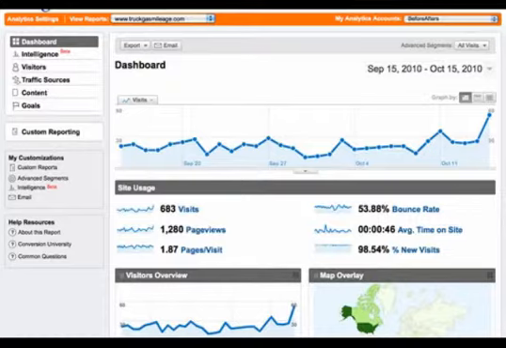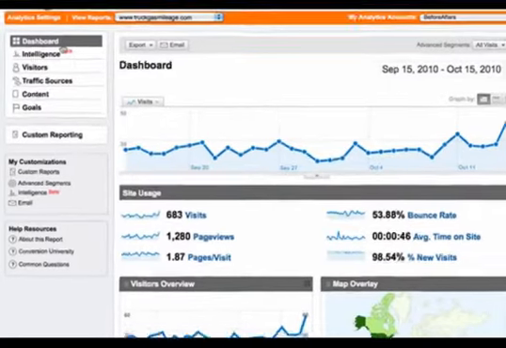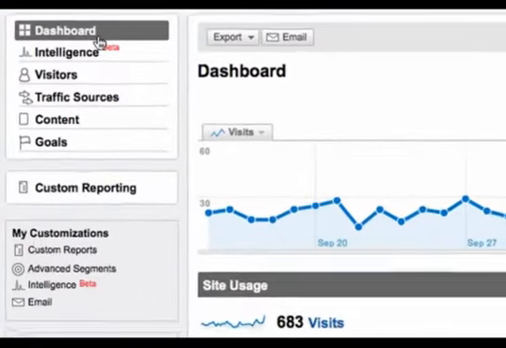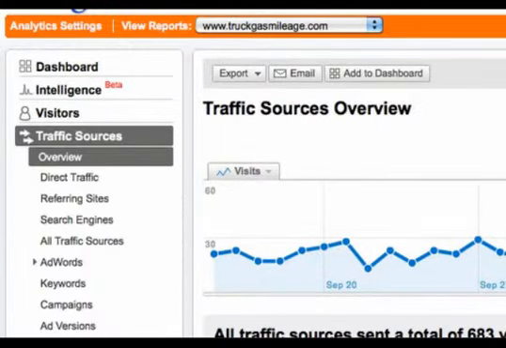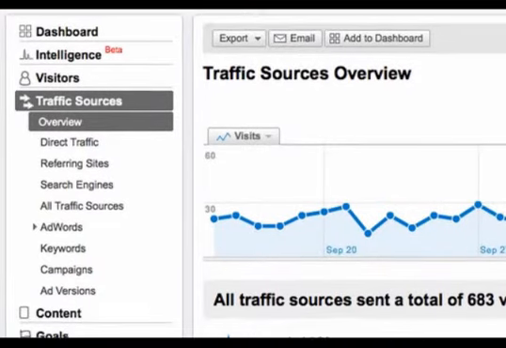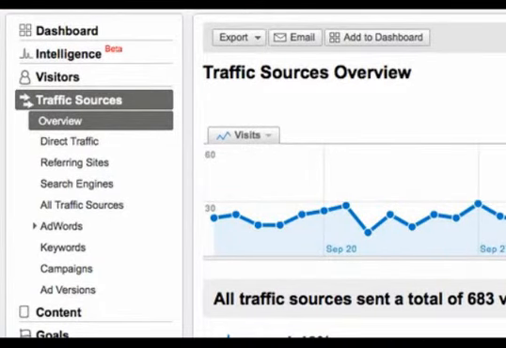Now, you'll take a look at the dashboard on the left here. You have the sidebar menu. What you want to do is click on traffic sources. Within traffic sources, we have two very important areas that we want to get very familiar with, and that's all traffic sources and keywords. I'm going to go ahead and click on all traffic sources first,